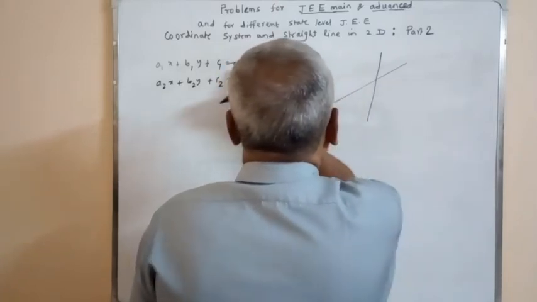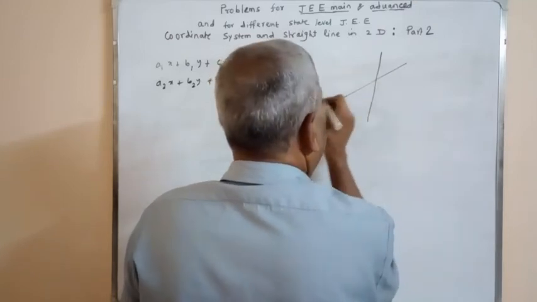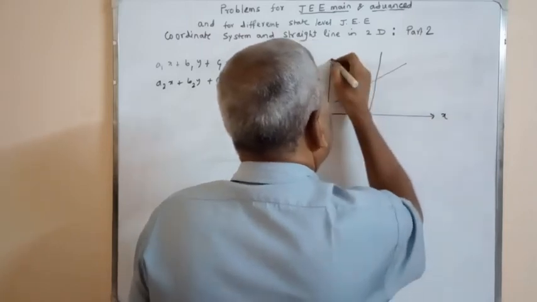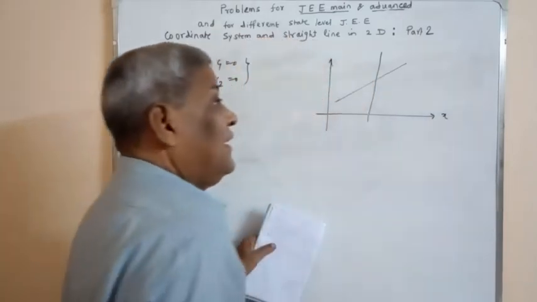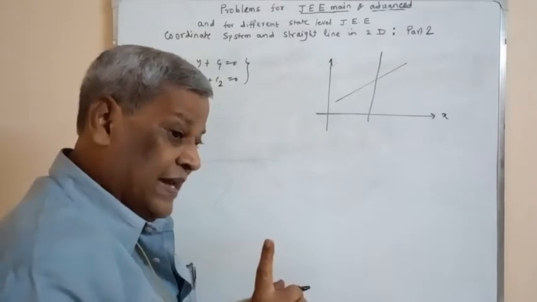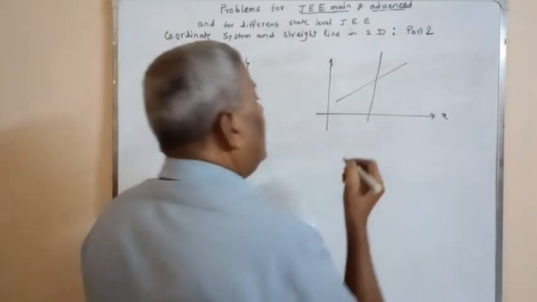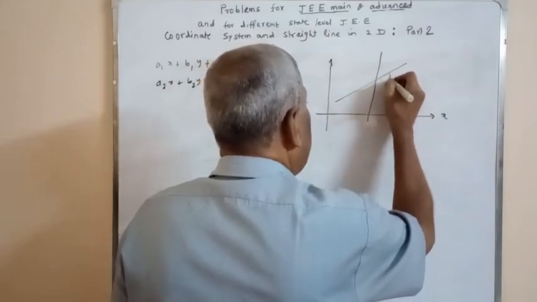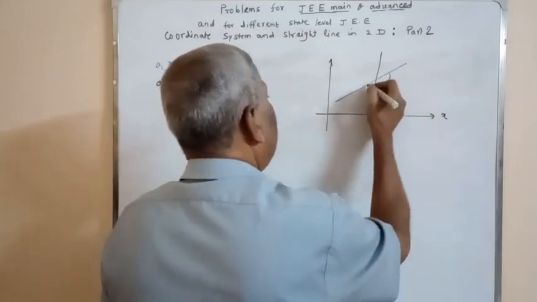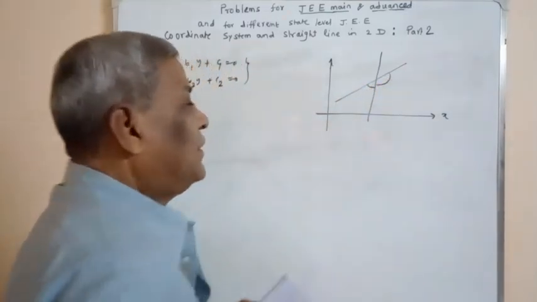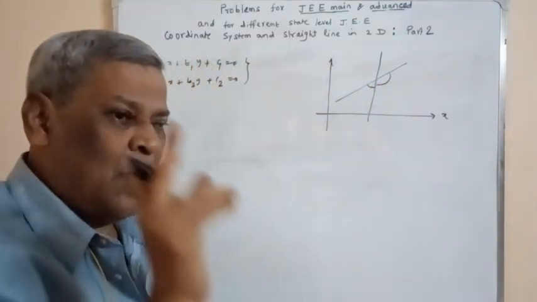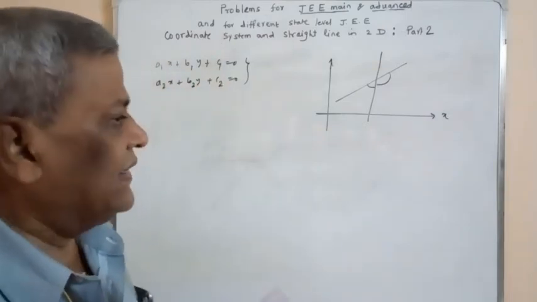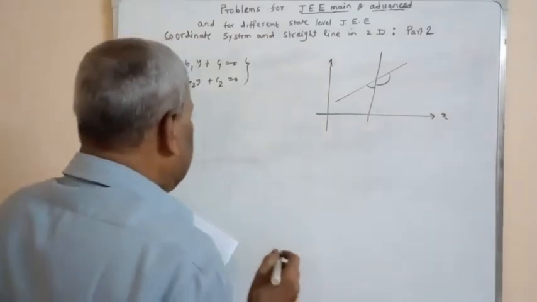Suppose these are the two straight lines. This straight line is the first straight line and this is the second straight line, and this is the x-axis, this is the y-axis. Now any two straight lines, if they meet, will make two angles. One is this, the other is that. To find the equation of bisectors of the angles between any two straight lines,